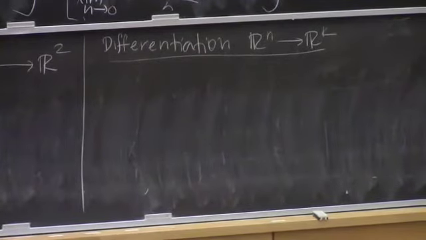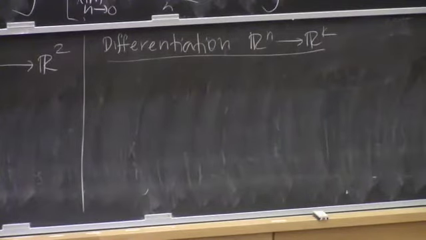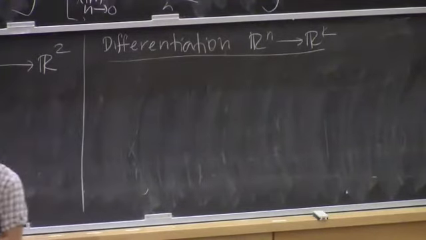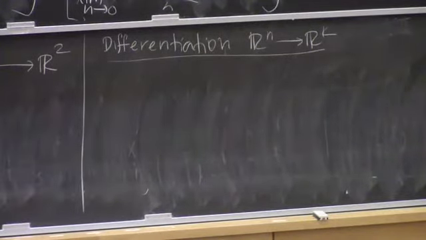Right, so now we're going to have n inputs and k outputs. So we'll have a function with many, many variables going on. So our definition